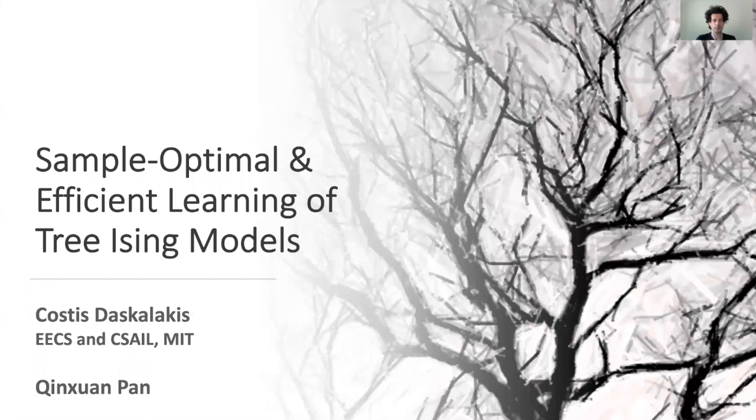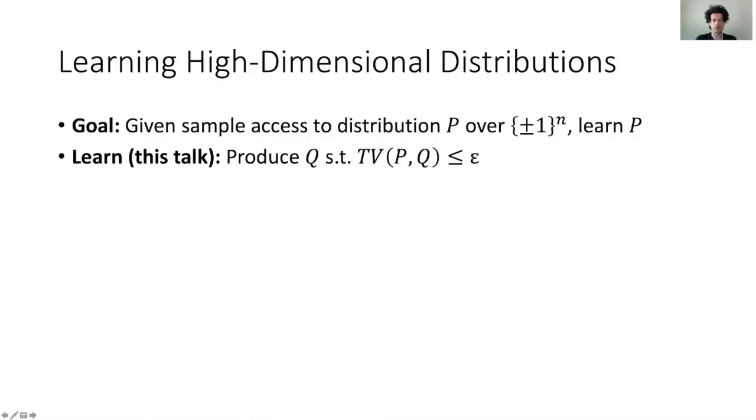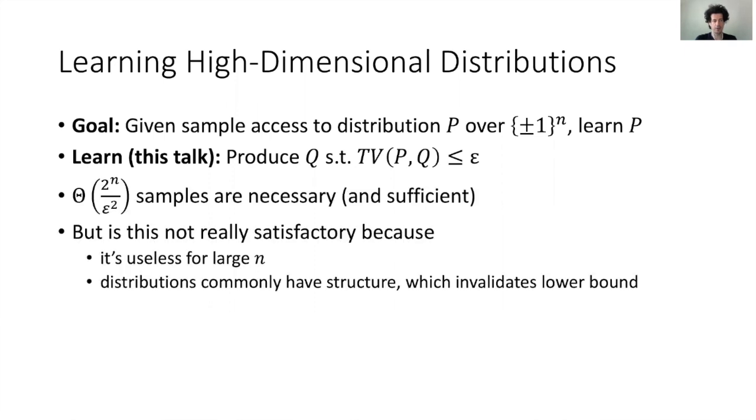We present sample optimal and computationally efficient algorithms for learning tree-structured Ising models. The broader challenge is to learn, to within total variation distance, a high-dimensional distribution over the n-dimensional hypercube to which sample access is provided. While we have a tight understanding of the sample complexity required to solve this problem, the sample complexity is unsatisfactory because it's useless for large dimensions, and it's a worst-case bound, which becomes invalid for distributions